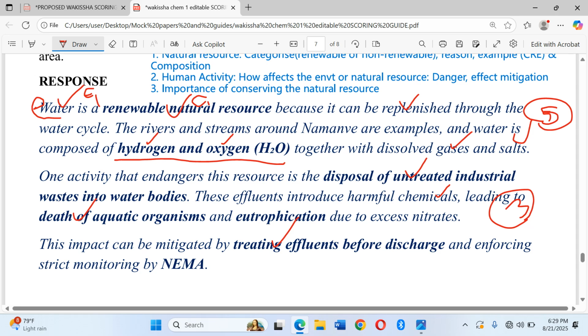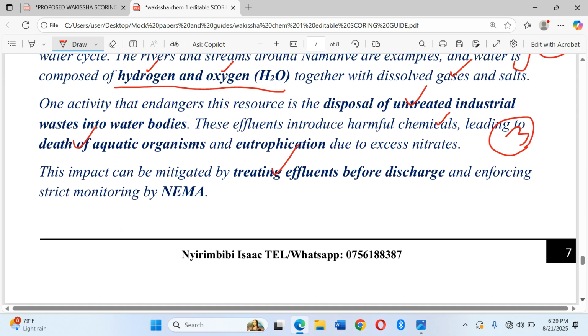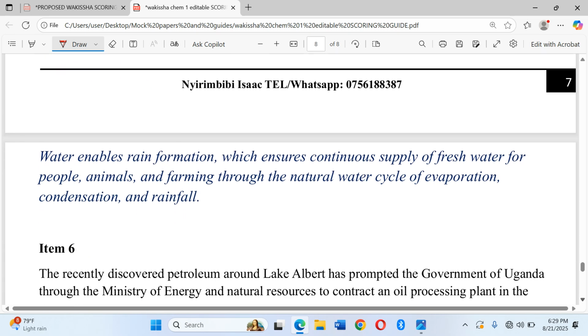Don't talk about water first and then later you talk about another natural resource like air. No. We're looking at the importance of conserving that natural resource that is being affected. So we're saying water enables rain formation. How? Which ensures continuous supply of fresh water for people and animals, and farming through natural